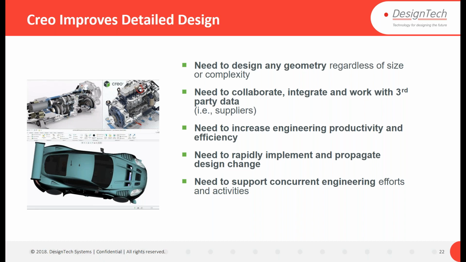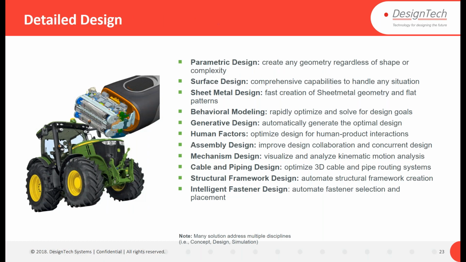in that sense, right? So when you talk about detailed design, the static is there, but again there are other systems, like designing of forged components, or casting components, or plastic components, or routing, piping. There are so many things in a complete system, right? So all the detailed design options are there when you want to design parametrically by giving some dimensions to the geometry, you can do that. If you want to design a surface based on parameters, you can do that. There is a specific environment for sheet metal design, which provides all kinds of functionality to create sheet metal